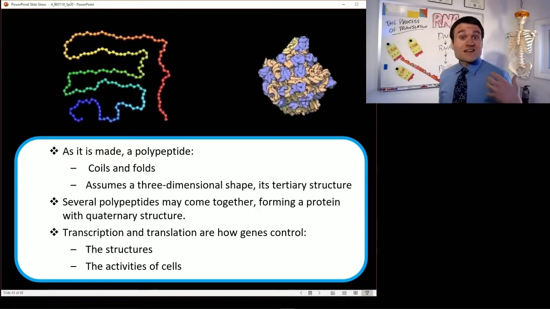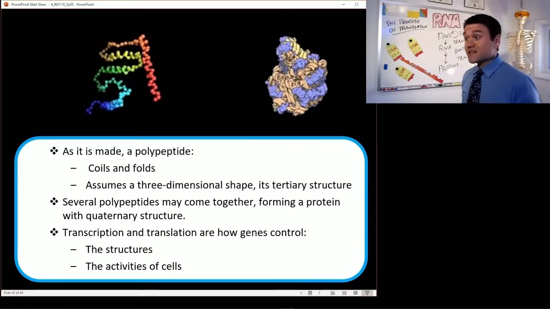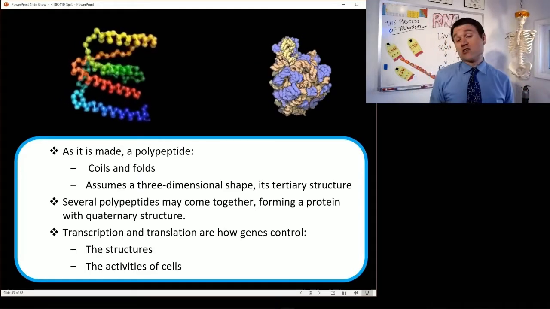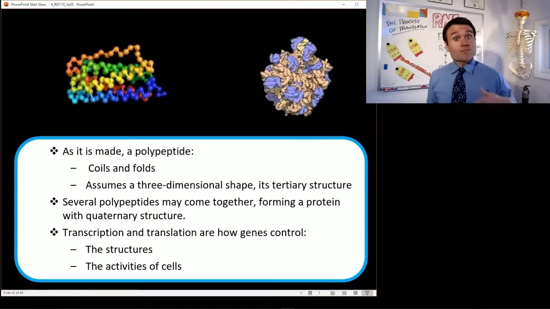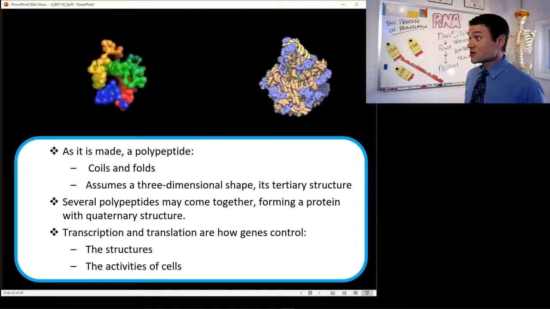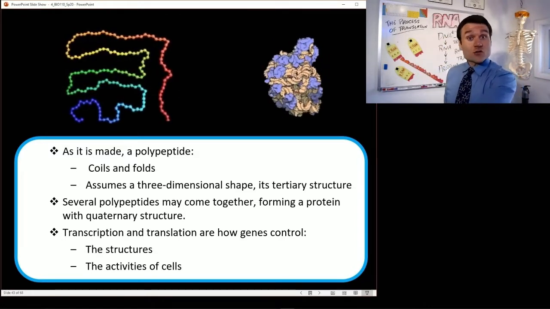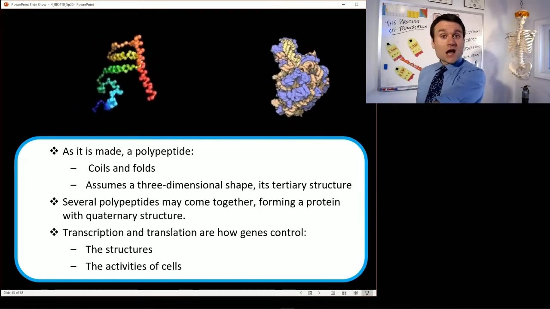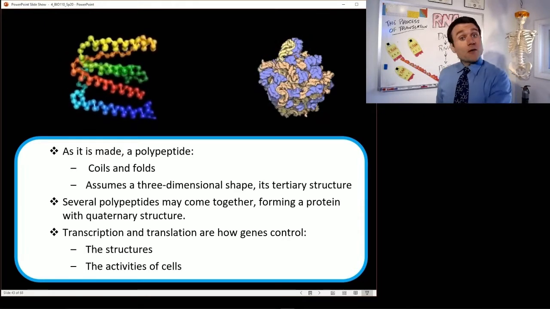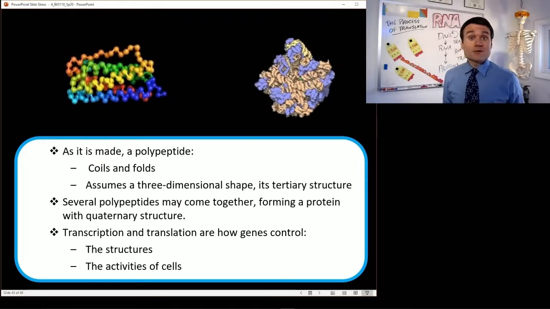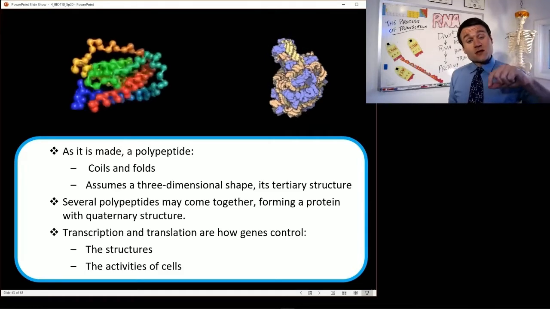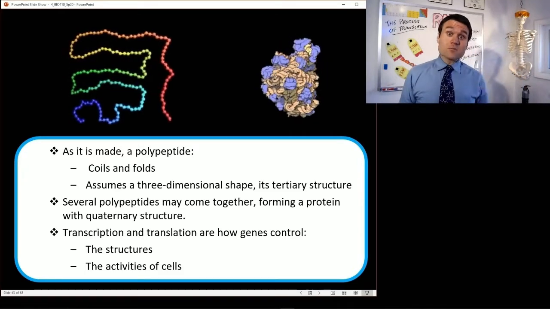Now, you might not want an unlimited number of a certain protein in your cells at any given time. There are times when the cell has to kind of turn down production of some protein and then turn up production of another one. A very easy way for cells to do this is just to control transcription and translation. For instance, if I took those transcription factors, right, and I told them, do not lock on to this promoter region of the DNA molecule, then that would prevent any gene from being transcribed. And if it can't be transcribed, it can't be translated.